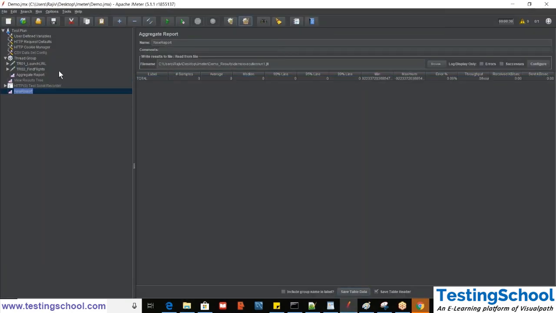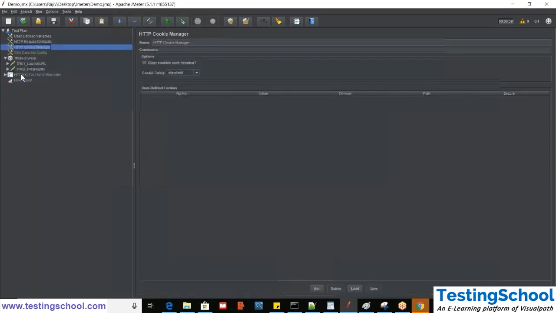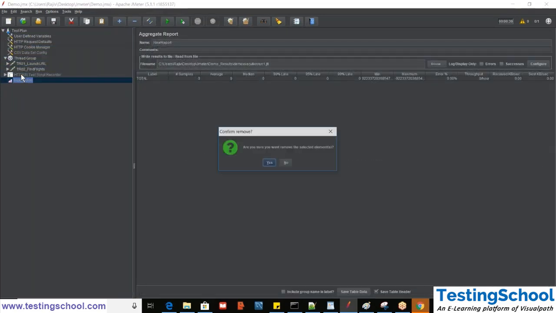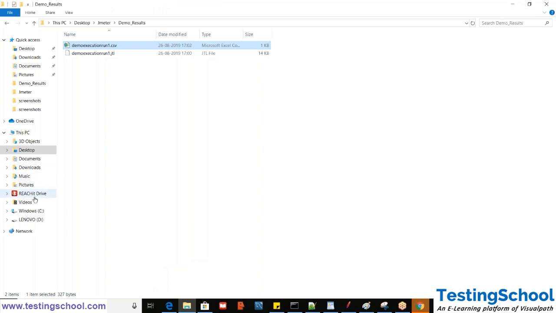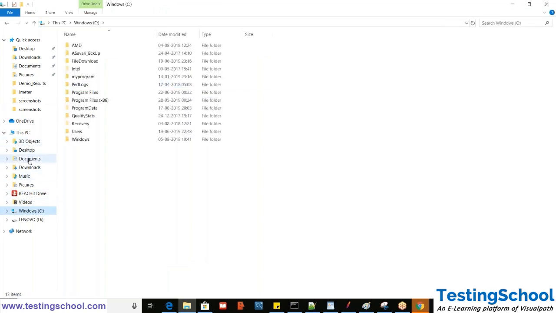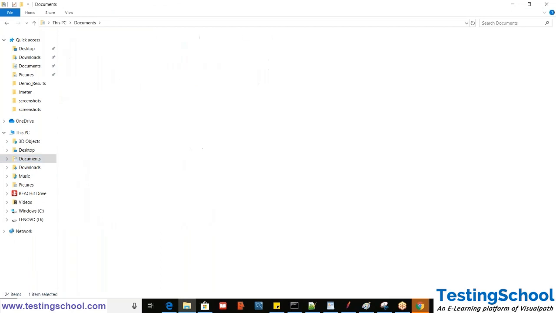Now we are moving forward with the non-GUI mode. In non-GUI mode, we have to disable everything which is not required, so I'm removing it over here. To execute, we need to go to the documents where JMeter has been installed, then go to bin,